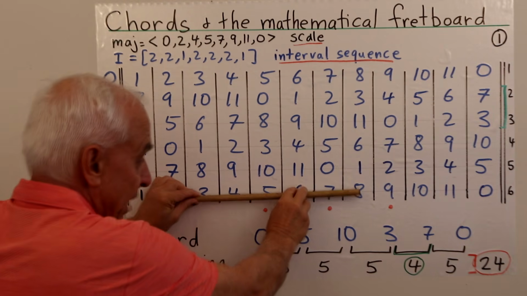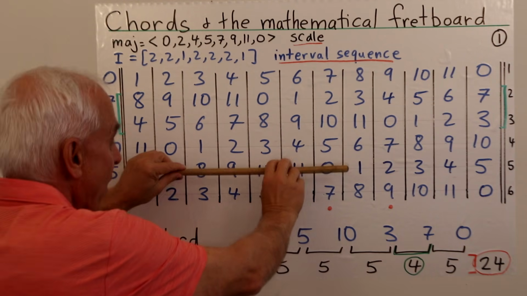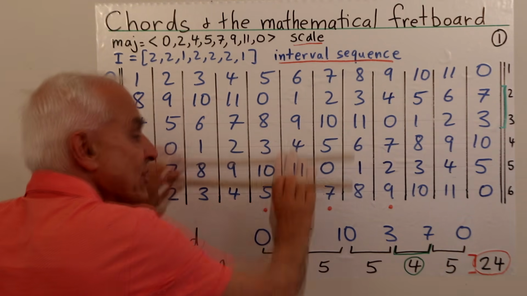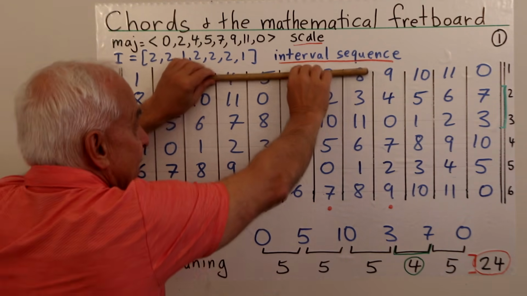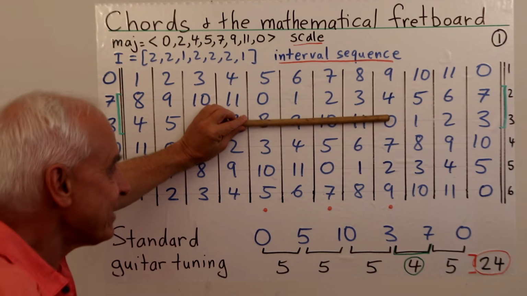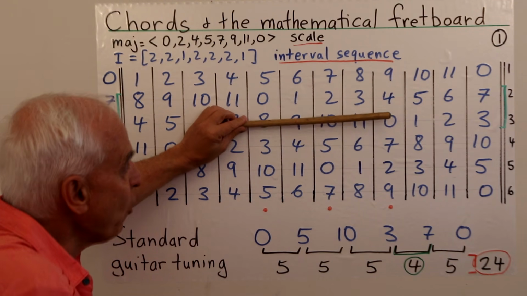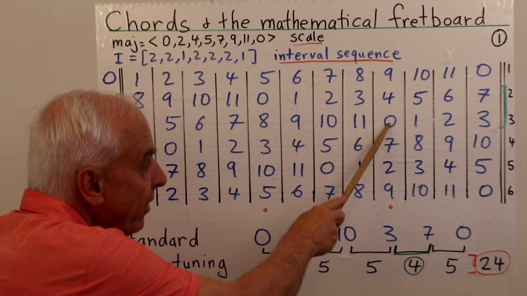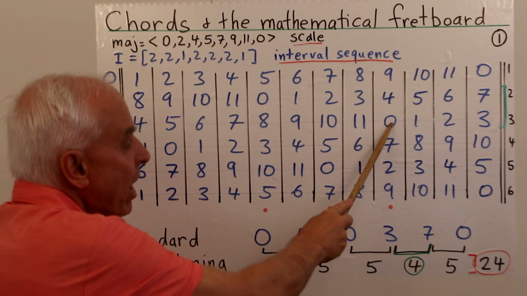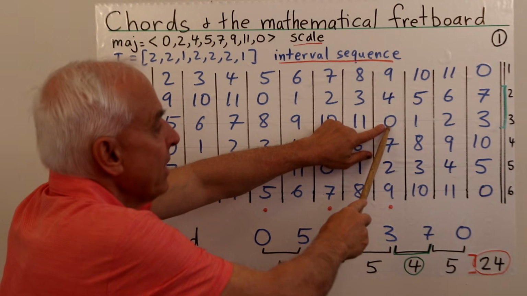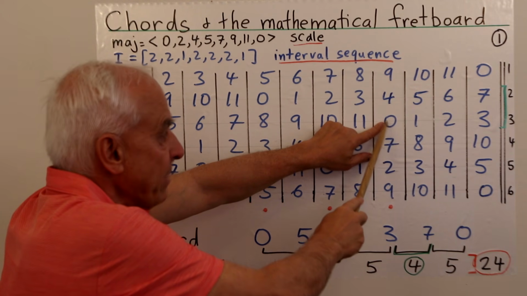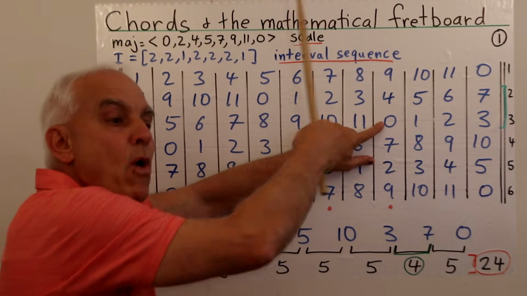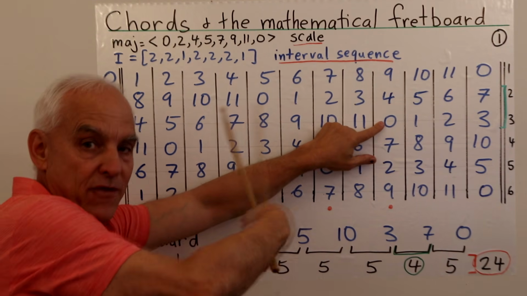And once we've understood the relationship between this string and this string, well, it's exactly the same between this string and this string, and also between this string and this string, and also between this string and this string. However, there's a small exception to be made going from the three string to the two string. So for example, if we're here, and we want to go up a perfect fourth or five step, we don't go straight up, we have to go diagonally over to the right. We have to go one further to the right than we would for the other ones.